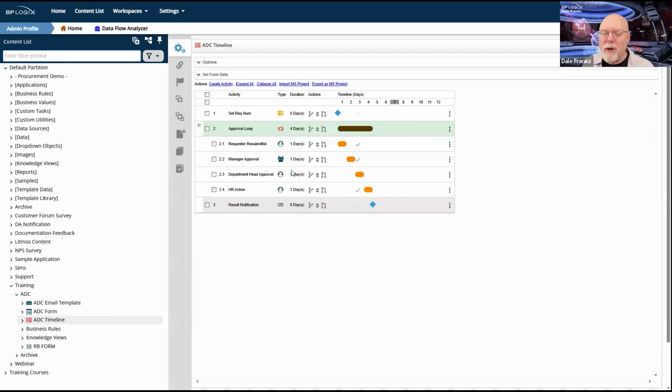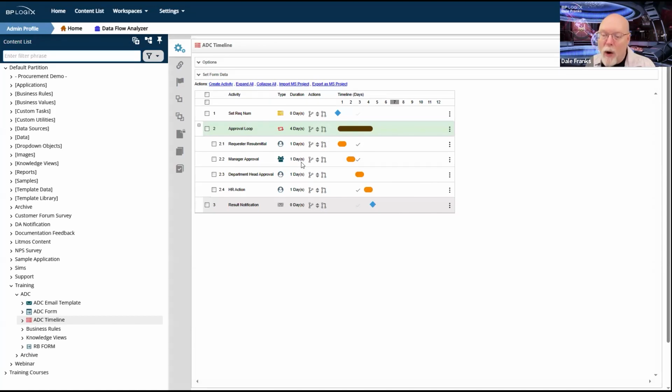And if you ensure that your dependency for subsequent activities is set on the parent, then you can make any changes like in these 4 activities here. I can do anything I want with them. It does not affect my dependency chain in my process timeline because I've now given myself the freedom as an implementer to add or remove anything I need from this approval loop activity, this parent activity.